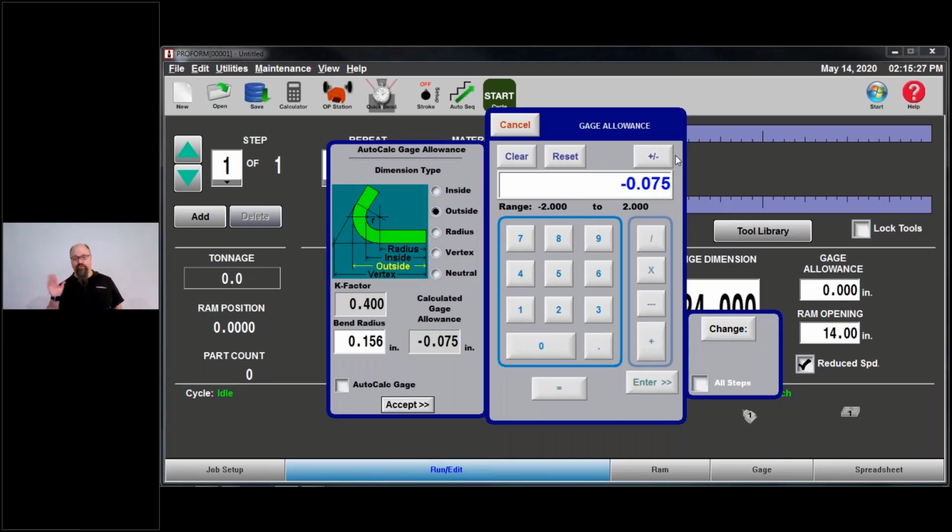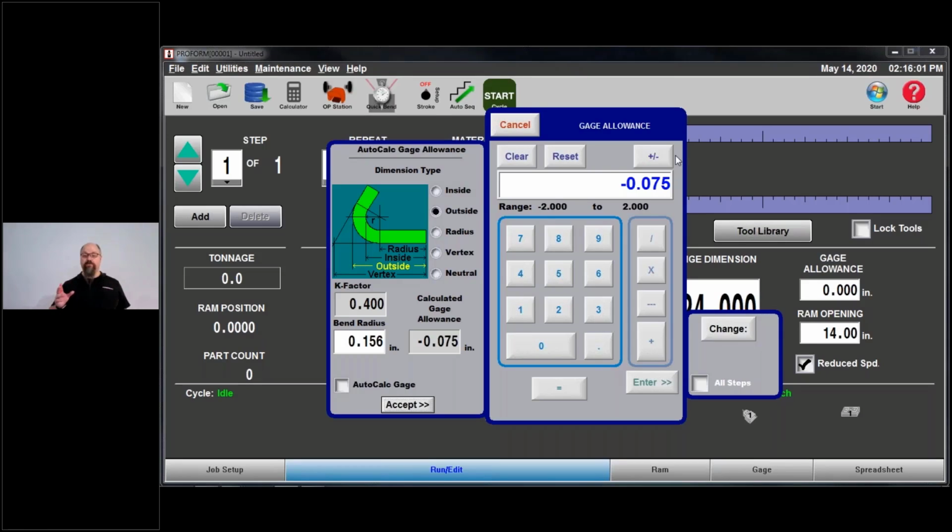But again, if the part is too long, if it's stretching too far, you make a negative adjustment however far. So I bend this piece, I want a 3-inch flange, and I bend it and I measure and it's 3.05. I would make a 50 thou negative adjustment to that gauge allowance, and it brings the gauge in 50 thou. Then I bend the next piece, and it should be pretty close to 3 inches. But again, we're talking plastic. I can't give you a hard and fast rule there. Generally speaking, plastic is going to be its own monster.